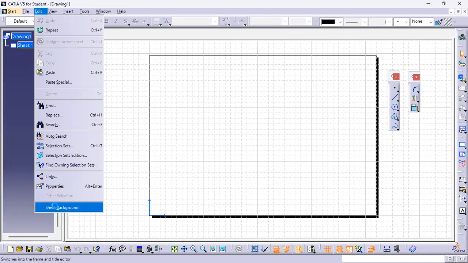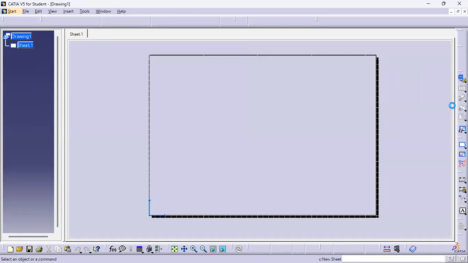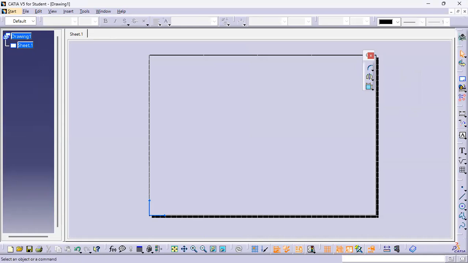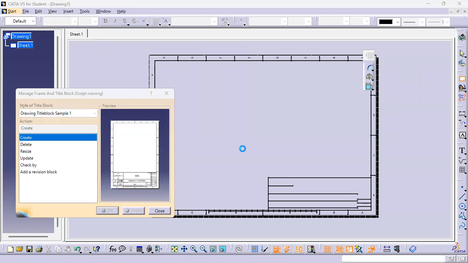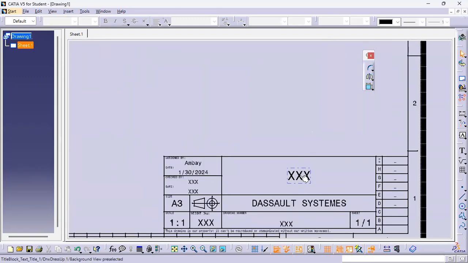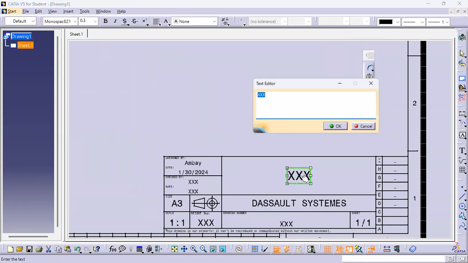Go to edit, sheet background, and you'll find this frame and title block tool. Just pick sample 1, because we want the angle of projection symbols, right? So this will be the first angle projection system. Let's stick with the first angle projection system. So you can edit this one, double click, just example